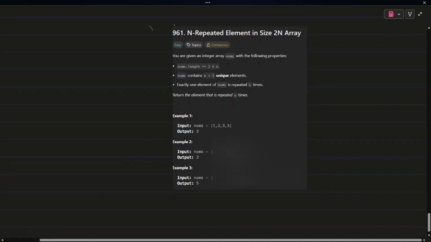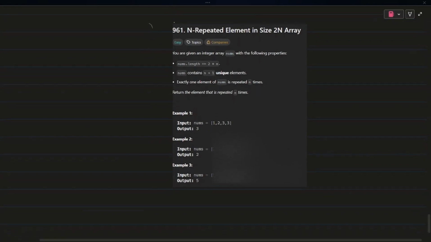So now the question is n repeated element in size 2n array. वैसे तो ज़्यादा कुछ खास है नहीं इसमें भी. nums.length is equal to 2n and nums contain... तो ये कह रहा है कि एरे दिया है, अगर उसमें 4 की लेंथ है, उसका 2 टाइम्स n है, मतलब अगर ये 4 लेंथ है तो 2 into 2 तो n 2 है. मतलब एक तरह से कह सकते हो कि